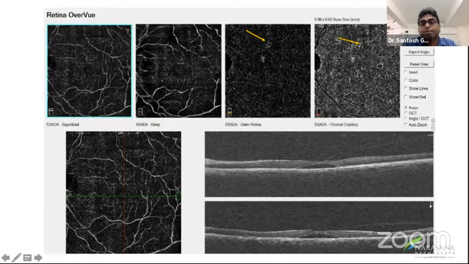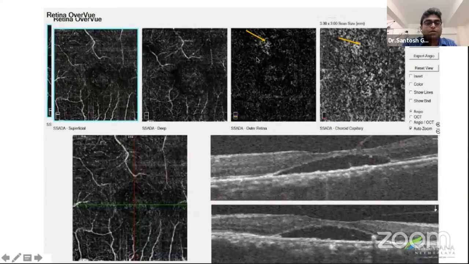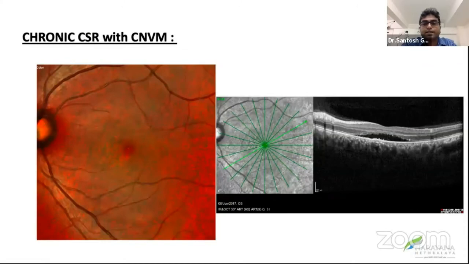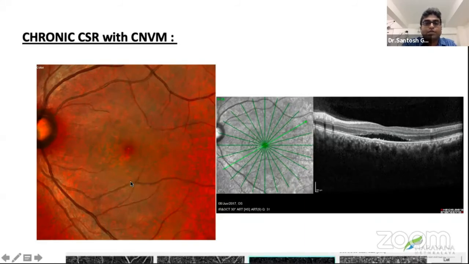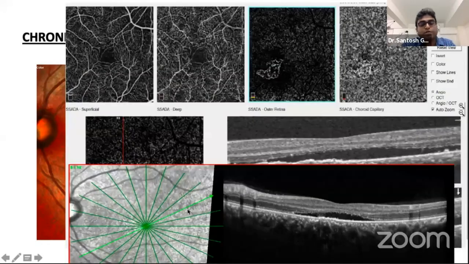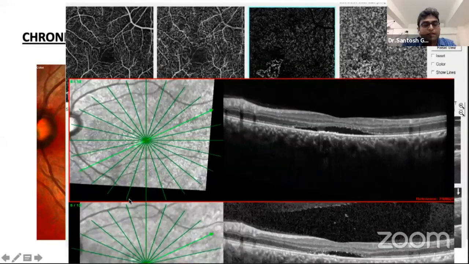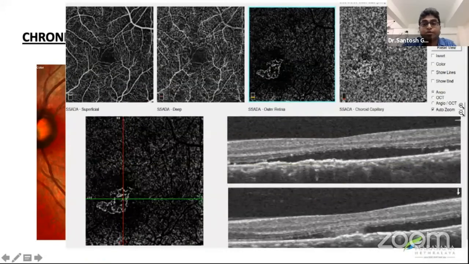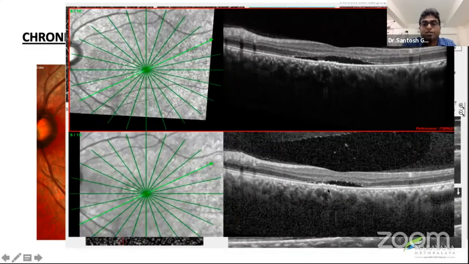When you look at an 8 mm scan slab, there is subtle neovascularization that is seen, but when you go for a 3 mm, this neovascularization is much clearer. So even in a chronic CSR case, with outer retinal atrophy, pachychoroid spectrum, we can get to see the choroidal neovascular membrane, and because of the decorrelation effect, you can see these at the outer retinal layer itself rather than going in for a CC layer. Even pseudo-color comes in handy in such cases. And this patient, after intravitreal anti-VEGF injection in a chronic CSR because of pachychoroid neovasculopathy, beautifully responds to treatment.